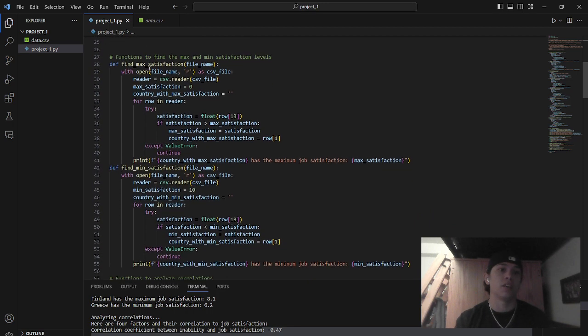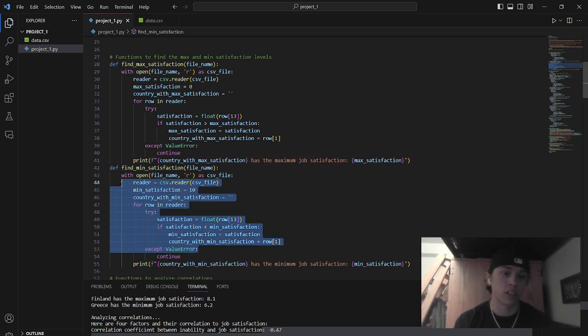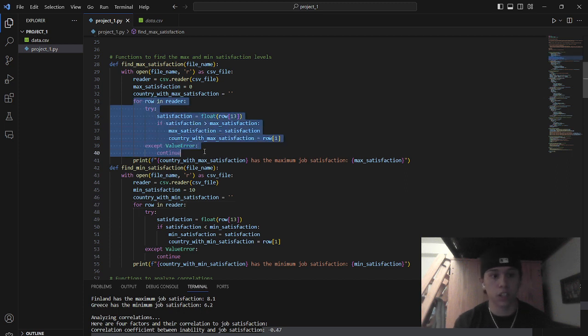I'll start off by showing the max and min satisfaction functions, which will tackle the first question that I asked. These will both open a file, which is the argument or parameter, based on how you're looking at it. It will read this file, which in this instance is data.csv. It reads it as a CSV file for this function locally, and it will iterate through, as shown in both of